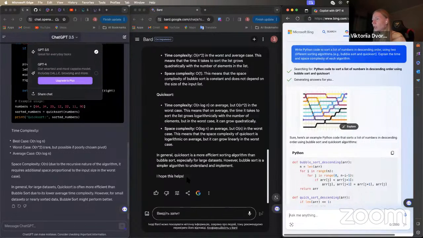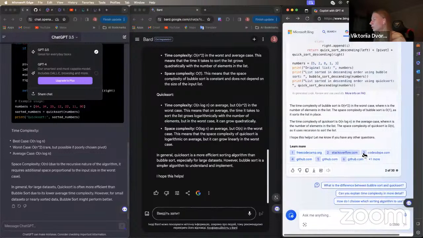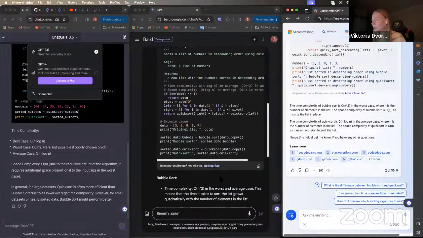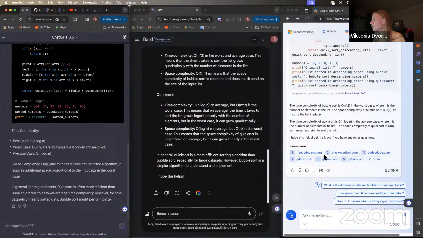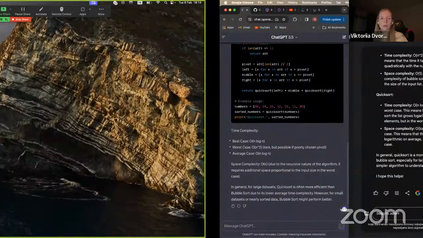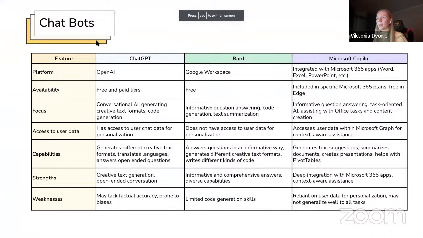And BART is sometimes also providing kind of the same learn more links, but not here. Maybe sometimes I also notice them. Yeah, so you can see that they are a little bit different from each other, but doing primarily the same thing. However, there are advantages and disadvantages for all of them. And if you ask me what is the best right now, I think we will take a look at the comparison table to visually see the difference. So from my personal opinion, I think that probably right now,